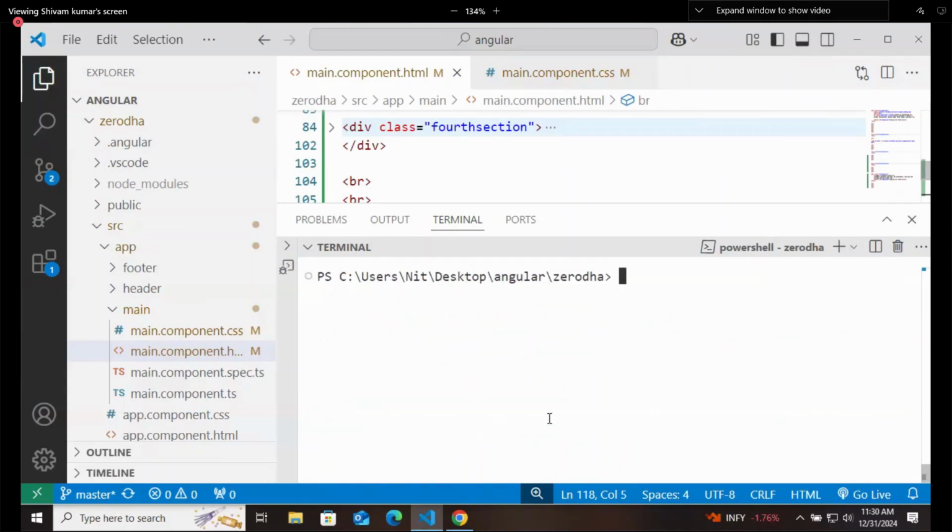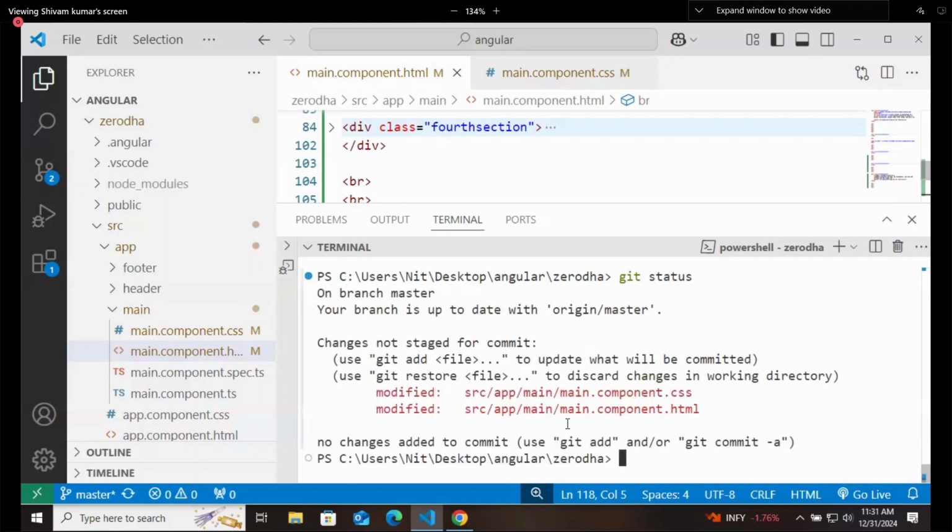You know how to update the code to GitHub? For uploading, you have written those steps: git init, git add, git commit. So when you want to update the code, you can write these commands. First, just check the status, whether something has changed in your code or not. When you write git status, you will see it is saying that you have modified these two files,